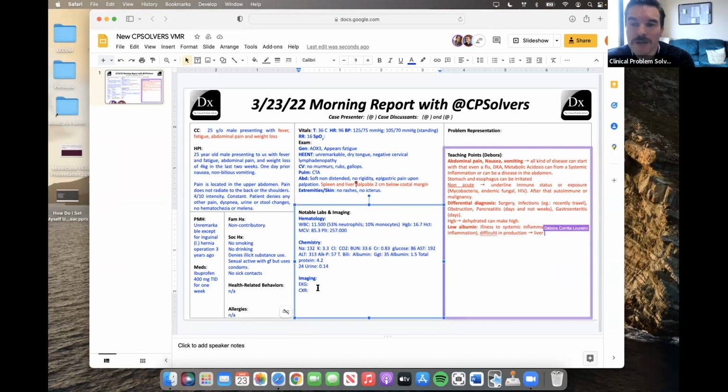And then also he could be losing albumin from somewhere in the body, which the 2 places that we oftentimes lose albumin and protein is going to be in the urine in the setting of nephrotic syndrome, or in the GI tract in the setting of something called a protein losing enteropathy or another malabsorptive process.